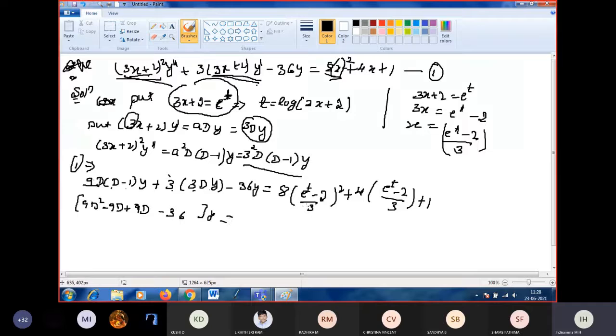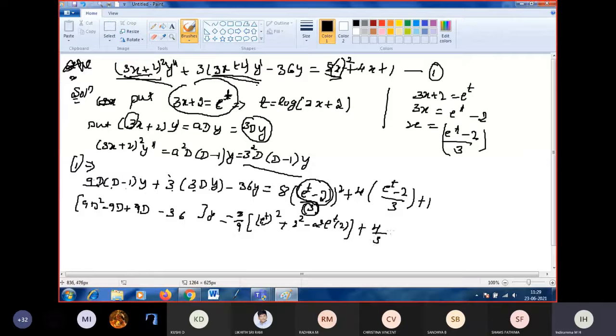Okay, next come to the RHS. We have to square both numerator and denominator because we have whole square. What is 3 square in the denominator? 9. You keep 8 by 9 outside. Next, the numerator is (a minus b) whole square, that is a square plus b square minus 2ab. Here a is e power t, b is 2. Did you clear?